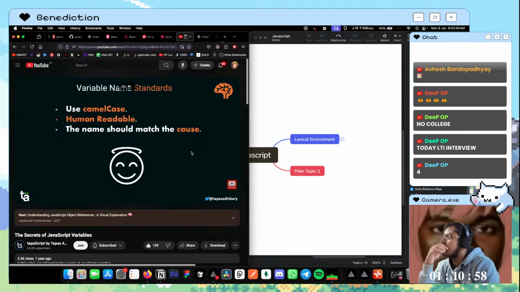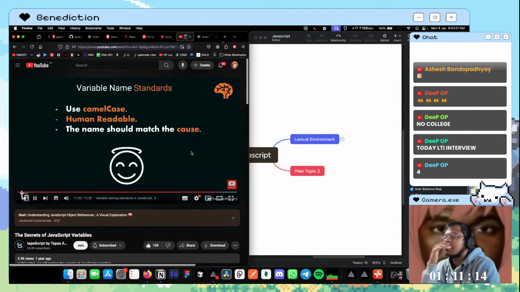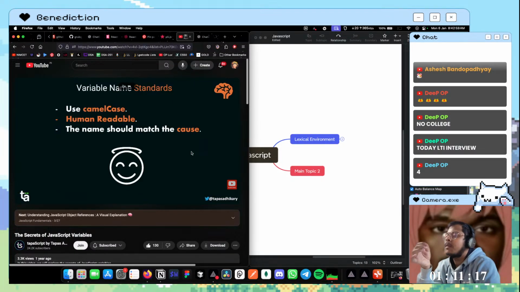One funny quote that I have heard from one of my mentors when I was learning JavaScript: the mentor told me that if you have a kid in future, and you have to give a name to the kid, will you really give the name as A, B, C, D, I, J, K, L? You'll probably give a name which is more human readable, which suits some kind of character that you want your kid to develop, or somewhere it connects to something, right? So think similarly for the variable names as well. Treat them like your kid's name. I thought of sharing it with you because I learned that from one of my mentors, so that if you're creating a variable, you make it meaningful.